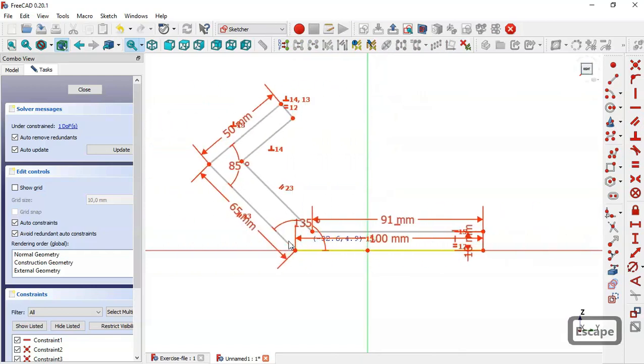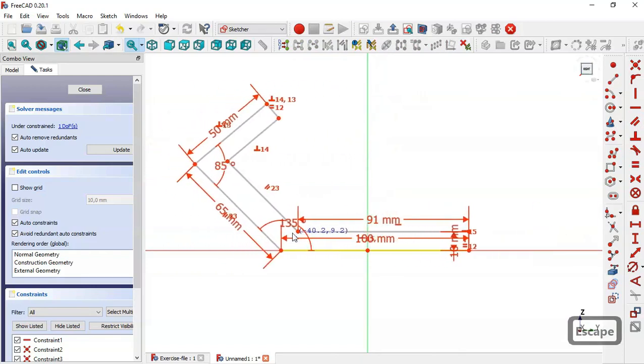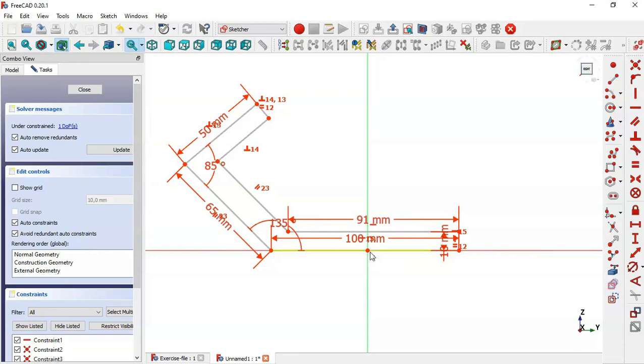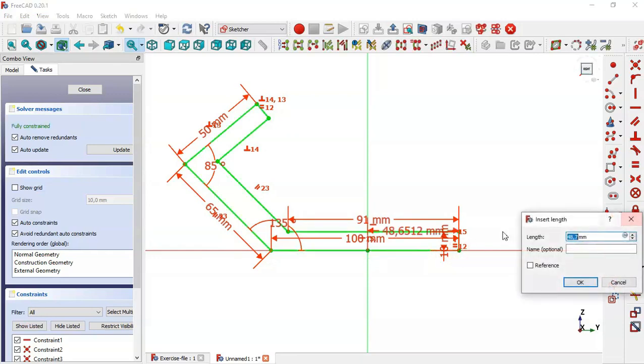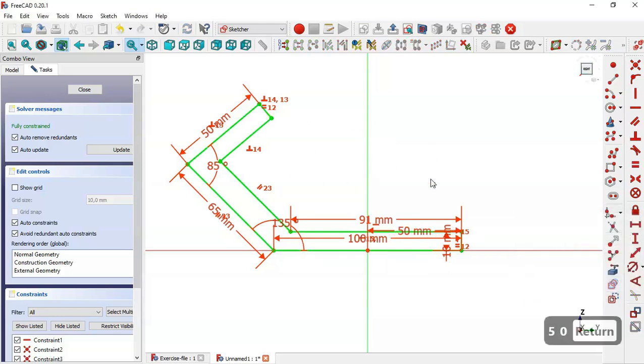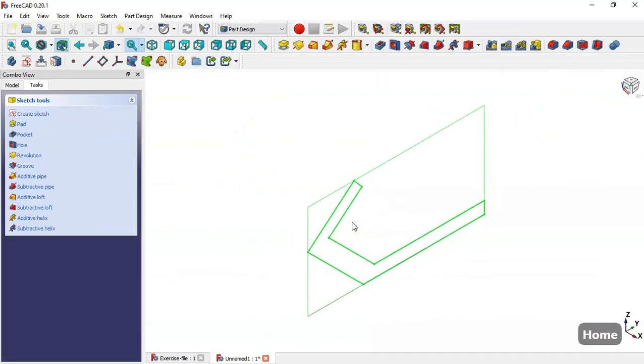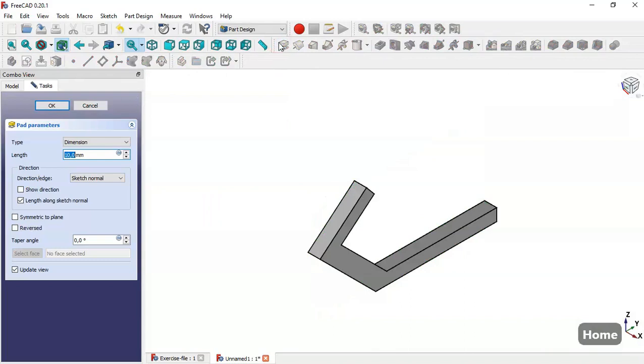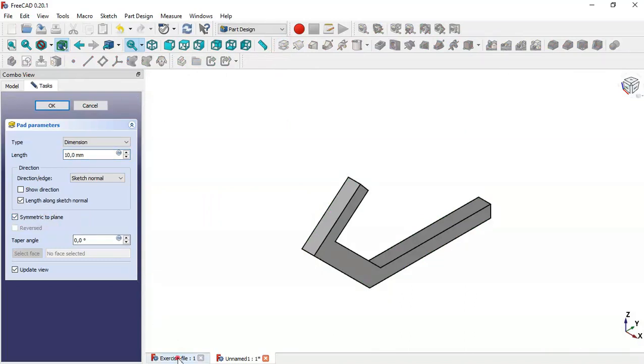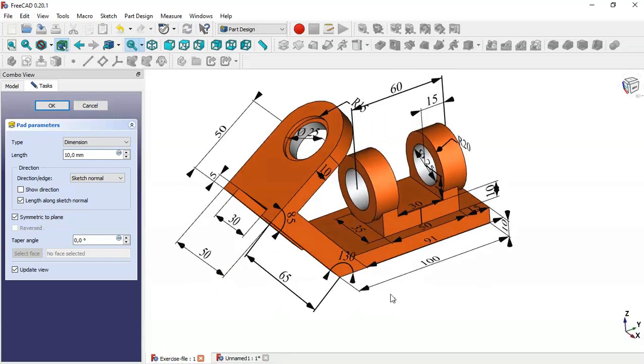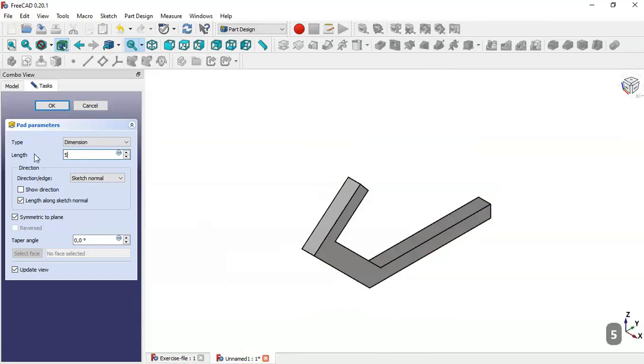So now we have to finally constrain this sketch, so we can select this point and select this horizontal distance tool, and here we change it to 50. So this sketch is fully constrained, so now we close this sketch, press home and select this pad tool, check this option, symmetric to plane. Okay, in this reference model we see a pad of 50, so we change this length to 50 and click